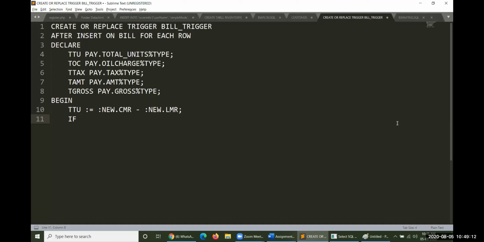If TTU, total number of units, is less than or equal to 250 units, then oil charges, which I have taken as TOC, will be equal to 40 rupees. Otherwise, else, TOC will be equal to 70 rupees. Okay, and the if conditions are over.